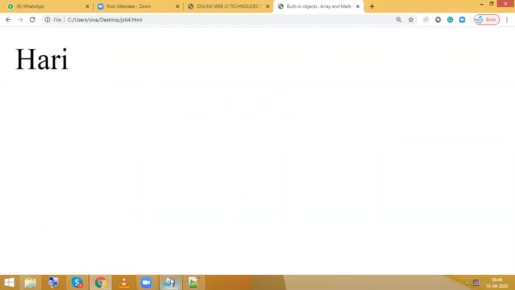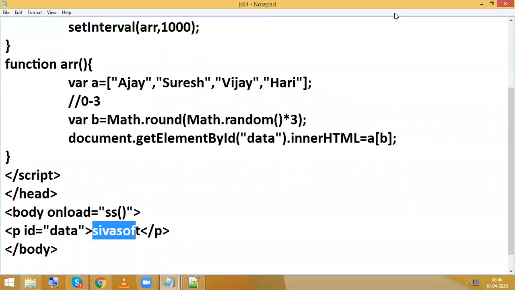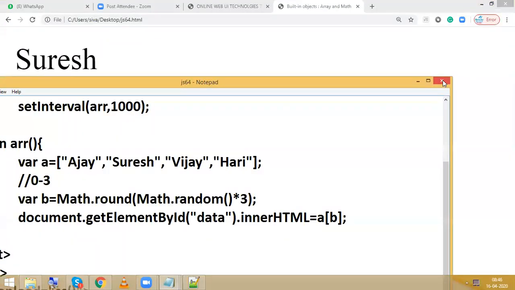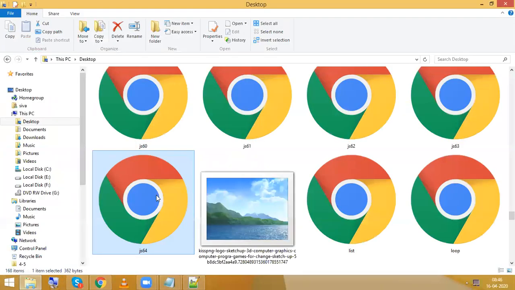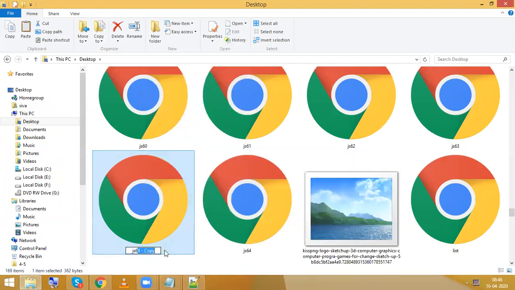Okay, so the same program, even we can do with the help of images also. So how to do that? So close this and copy this, Control C, Control V. So JS65.